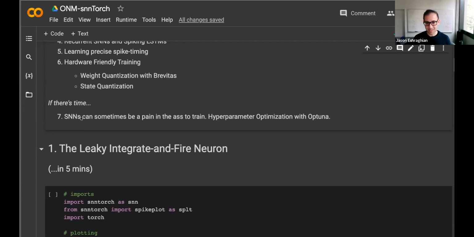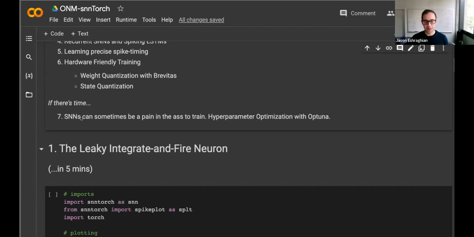SNNs, as power efficient as they are on neuromorphic hardware, are a bit of a pain to train, right? I found that when you compare them to non-spiking networks, it kind of makes sense, because backprop and all that stuff has been designed with non-spiking networks in mind.